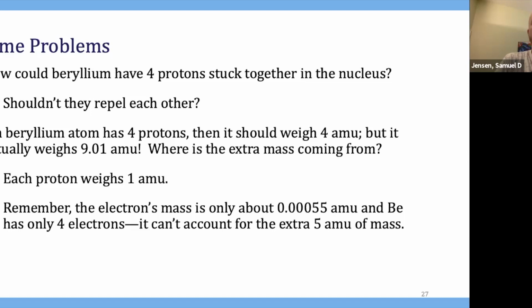weigh atoms. Okay, we were using what's called an atomic mass unit as a weight, right? And it works fine at early or very small elements, hydrogen, helium. But when we get to beryllium, which we'll look at on the periodic table shortly, it has 4 protons. So they assumed its atomic mass would be 4 AMU, but it's not. So if we already calculated the mass of the electrons, and we already calculated the mass of the protons from very small atoms like hydrogen and helium,